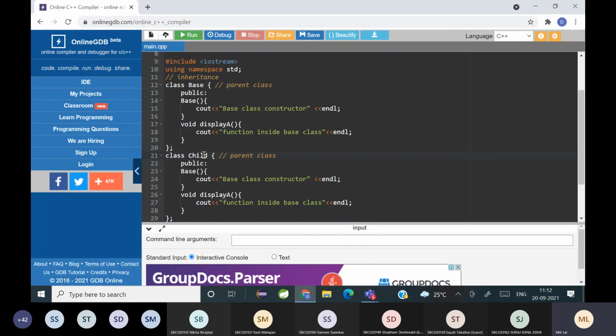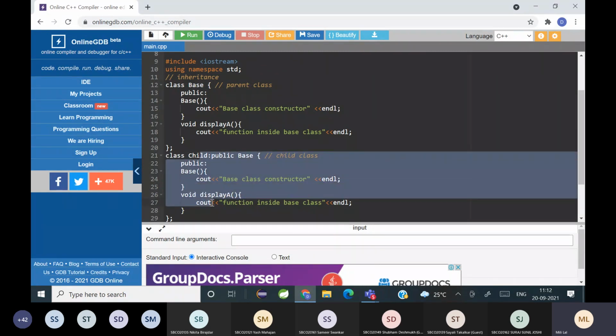Okay, and then to make this class a child class, the syntax is first you put a colon, then you write the access specifier, and then you write the parent class name. So this is the syntax. So this is going to be the child class. You got the syntax clear? What is the change I did? The class name, this is the child class. So to show it is a child class, it should be followed by a colon sign, the access specifier, and the parent class name. So now the compiler will understand this is a child class.